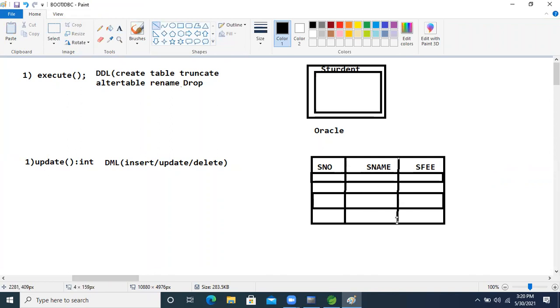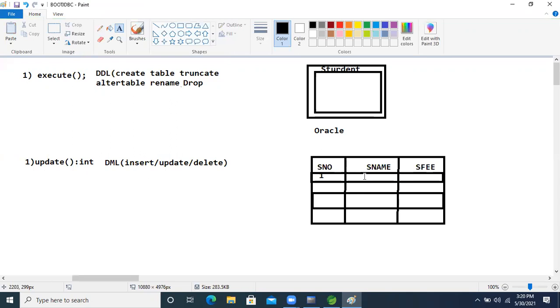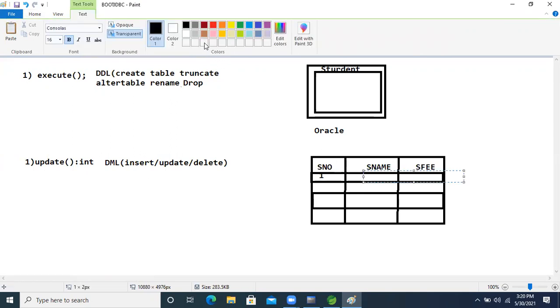In the table, serial number one, I'm taking the name Padma, fees 100. Another serial number, two, Suraj, fees 200.